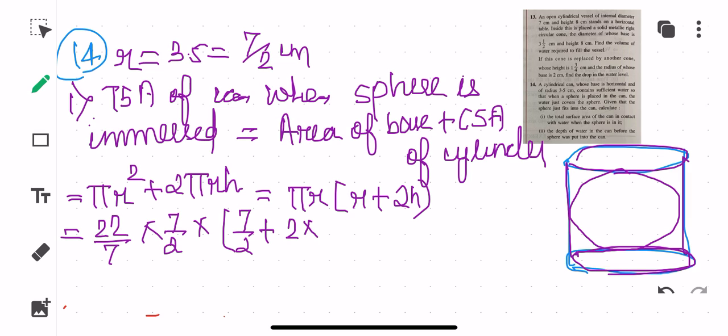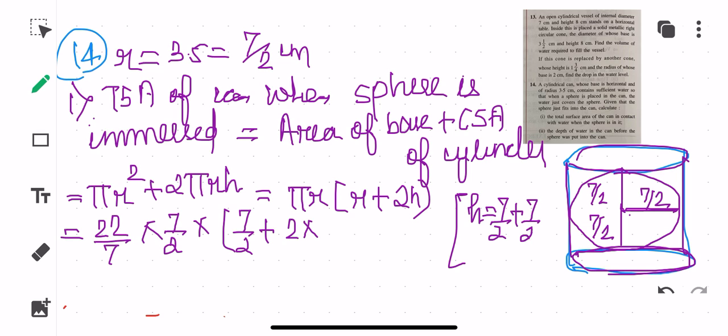So how much is the height, children? Have they given the height? The height has been given as, okay, since the sphere, yes, children. Now this is a good question, how are you going to find out the height? Because they have given what, children? The radius of the sphere is equal to 7/2. So if this is 7/2, then this is also a radius which is 7/2, and this is also a radius which is 7/2. Then what is the height equal to? In the bracket write down, height is equal to 7/2 plus 7/2, which in turn is equal to 14/2, which is equal to 7. So height is equal to 7 centimeter.